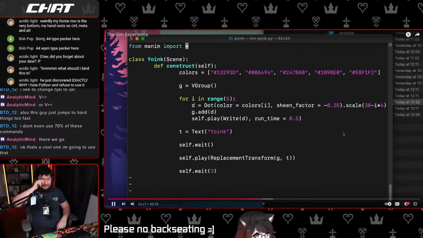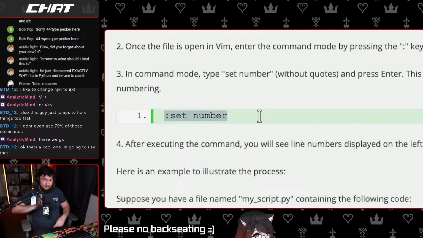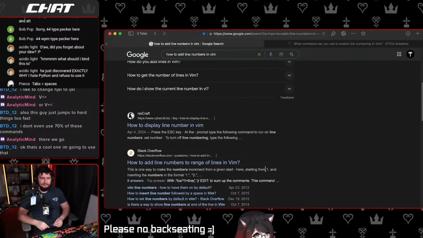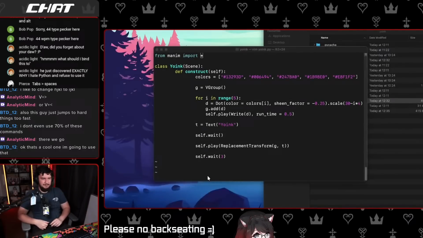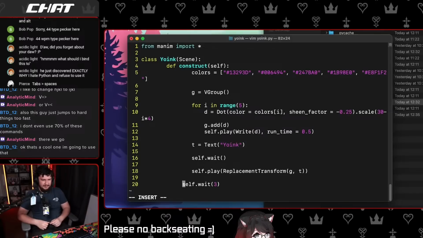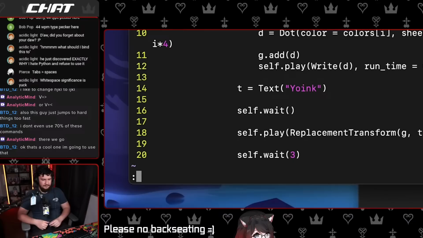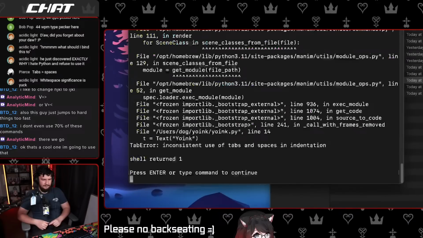Actually, how do I add lines inside of here? The command is set number. I think I can do it inside of the configuration file, right? Okay, so line 14 is where we have the problem. Tab's better than spaces. Let's convert all the indentations to spaces. Then :W to write, exclamation mark, same command, and does it work?